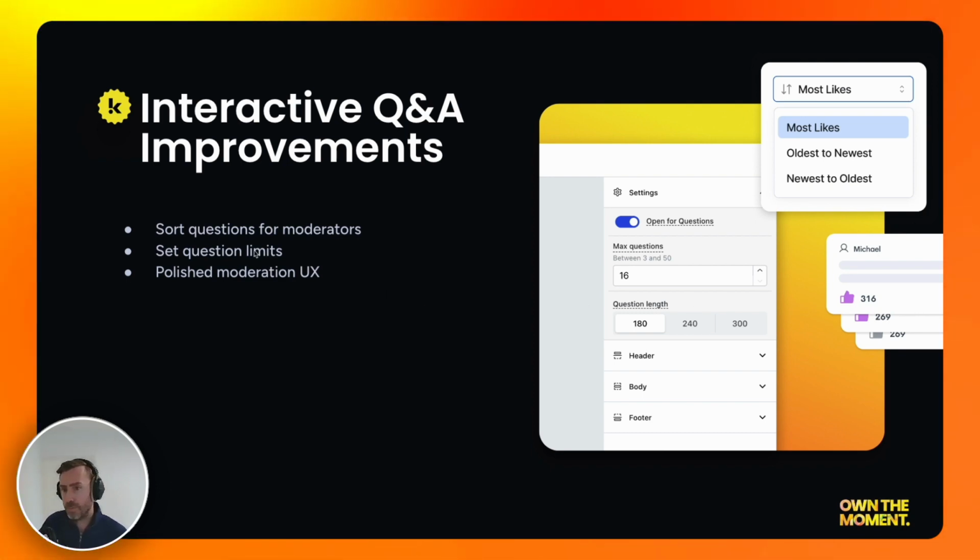If you're handling thousands of questions coming at you as a moderator, how do you find the questions you want to send through to the panelist or the interviewee? You can now sort questions by a couple of different parameters, and you can also set the number of questions you want to allow per audience member or user. And again, like the last card, we spent a lot of time polishing that moderation UX.